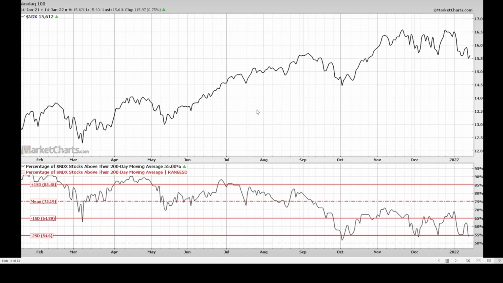So look for buyers to come back and attempt to buy this, but it's very weak. Now you look at the percentage of NASDAQ stocks above their 200-day moving average. Again, when you're below it, you're in a bear market. So that's 45% of the index in a bear market, meaning those who are in the NASDAQ are holding on to some small concentrated positions that are up.